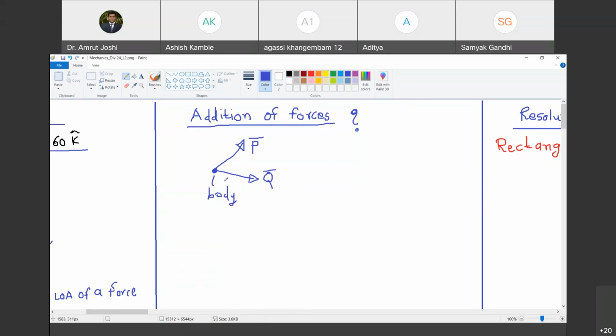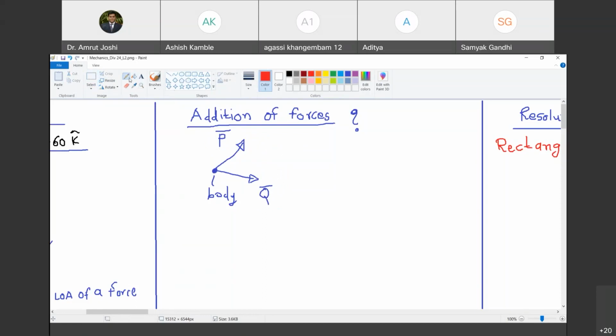Okay. So there are two forces acting on a body. One is P bar, another is Q bar. How do you add these forces? Can you tell me? So you use the magnitude as well as the angle between those two forces. So you want the formula. Which formula? Vector addition. And how do you do vector addition graphically? Can you tell me? Because the formula is derived based on the graphical notation of addition of two vectors. Okay. See, what you do is you draw another Q and another P parallel to each other. You form a rectangle, and the diagonal of the rectangle is the sum.